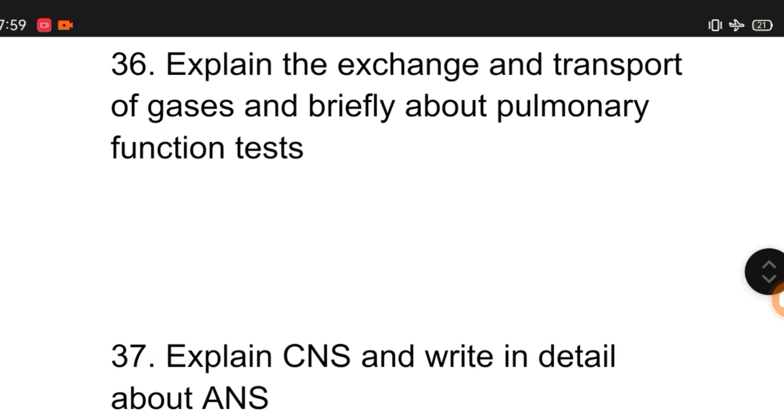Next question: explain the exchange and transport of the gases and briefly about the pulmonary function test. Pulmonary function test, as I said, here also you can write how the exchange of oxygen and carbon dioxide takes place through the blood, from the alveoli to the blood, like that you have to write, or draw one diagram. Then the muscles,